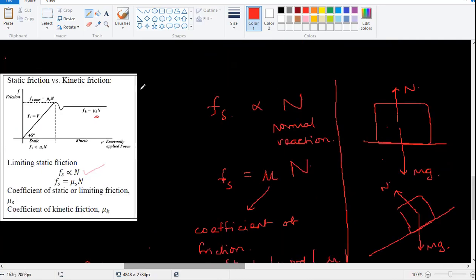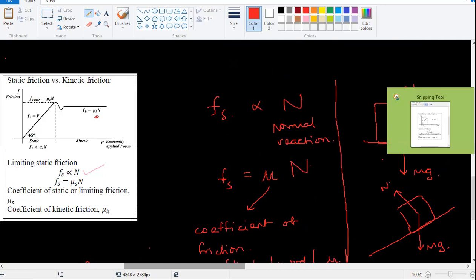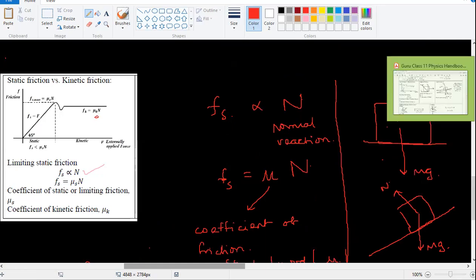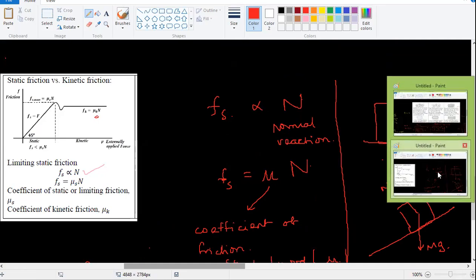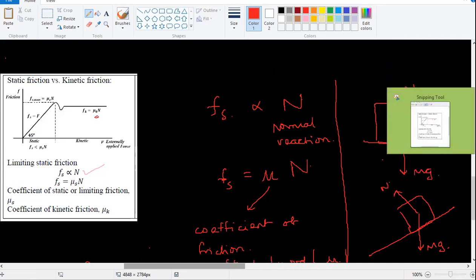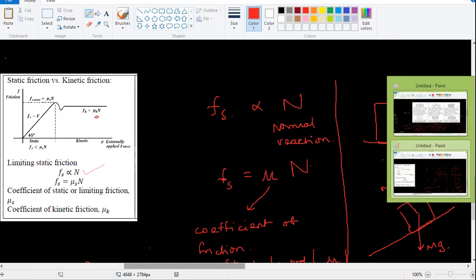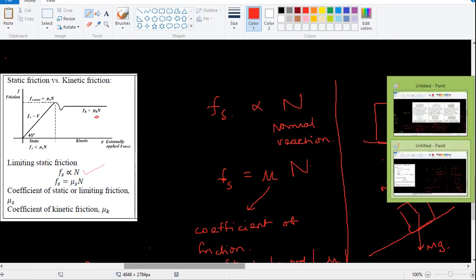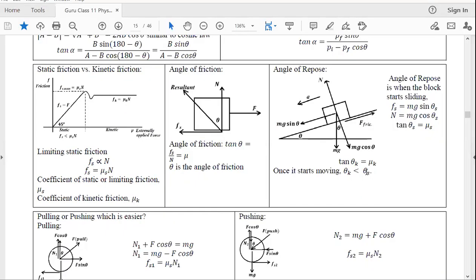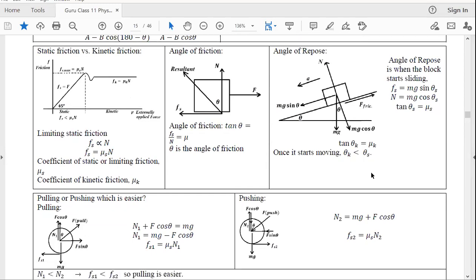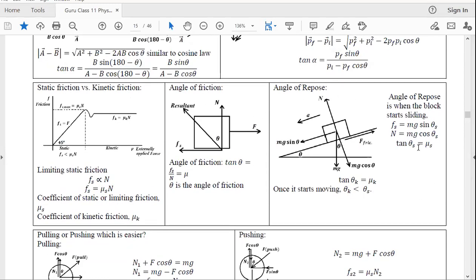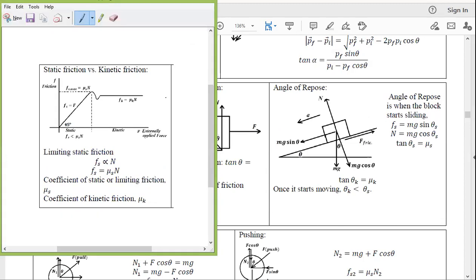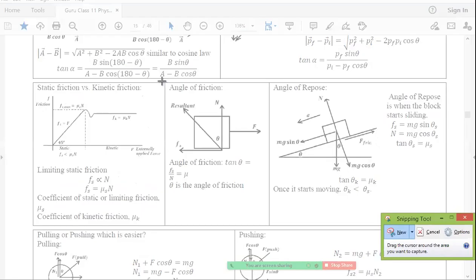Any questions? Any doubts? Okay, so I see folks are very quiet. Maybe we can have a quiz in the next class, so be prepared for the quiz in the next class. These concepts are very, very easy, nothing very difficult at all. So let's quickly finish this, then you are free to go.